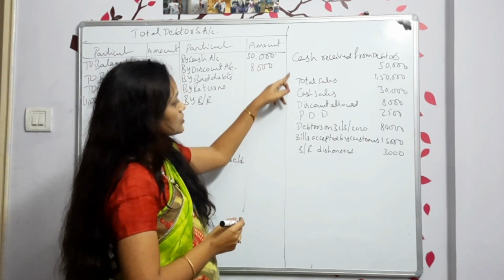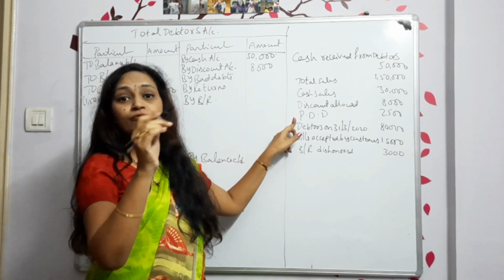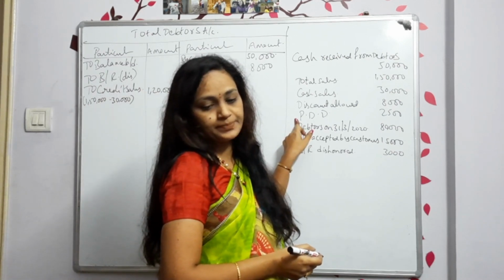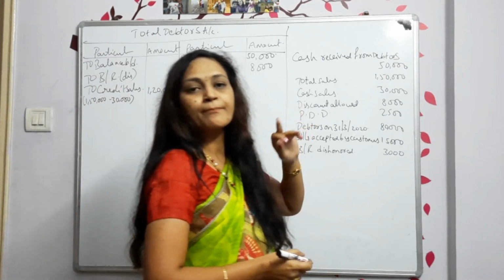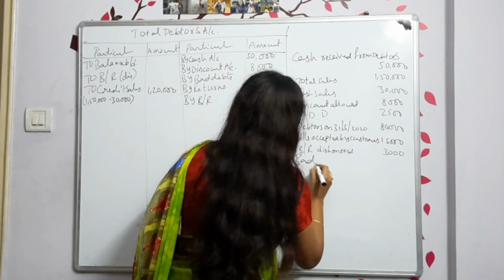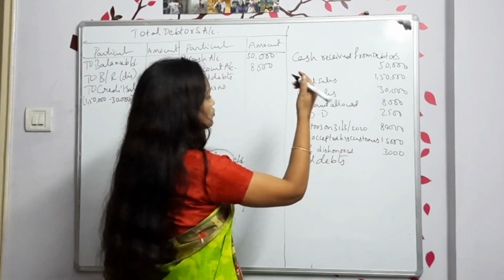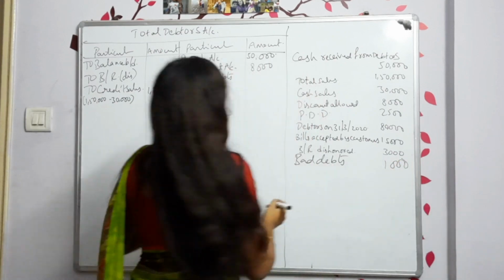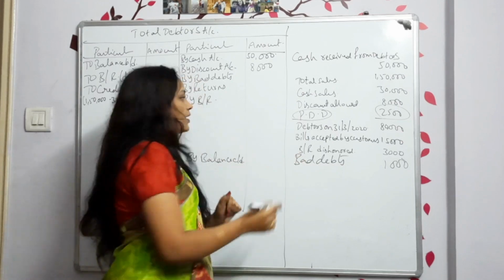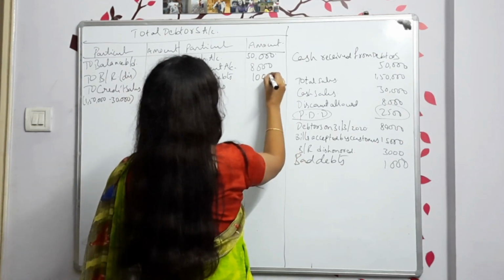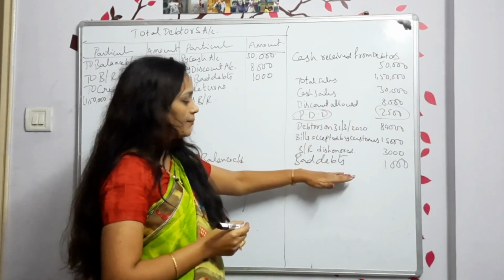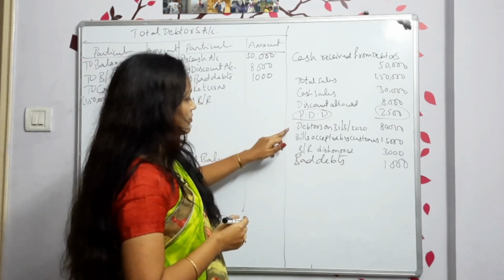Okay. Next, discount allowed 8,000. Bad debts, there are no bad debts. This is only provision for doubtful debts. They didn't mention the bad debts, so we will add one more transaction called bad debts. I don't want to keep everything empty, so I am giving bad debts as 1,000 rupees. Provision for doubtful debts will not come anywhere. Only bad debts will come. So that is also taken.